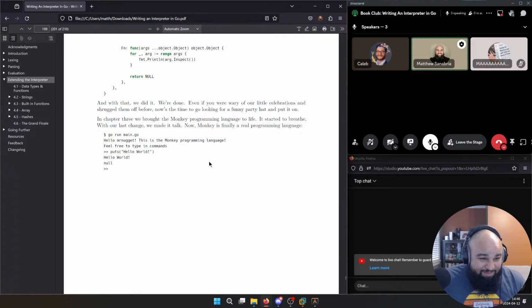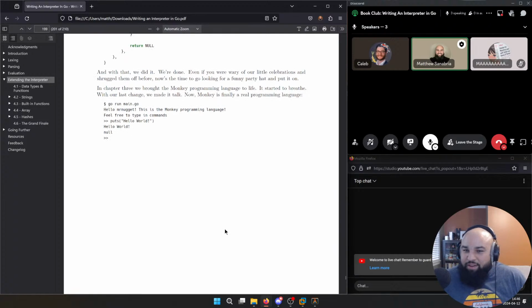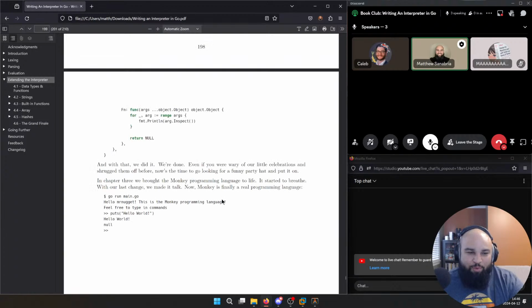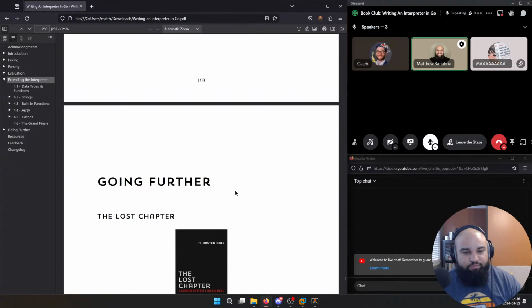Cool. And that's pretty much it. That's the book. I thought this book was really cool. I understand so much more about how lexers and parsers and whatnot are meant to work now after just reading this book and looking at the Go code. I didn't write all this from scratch. I used the code that they gave me, but even just reading it and talking about it with you all, I learned a lot. Any questions, comments, concerns anyone have before we call it?